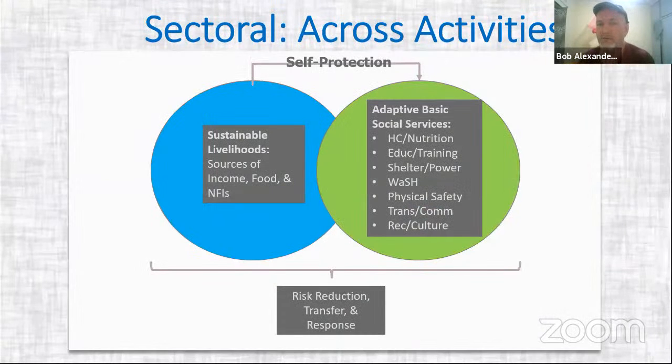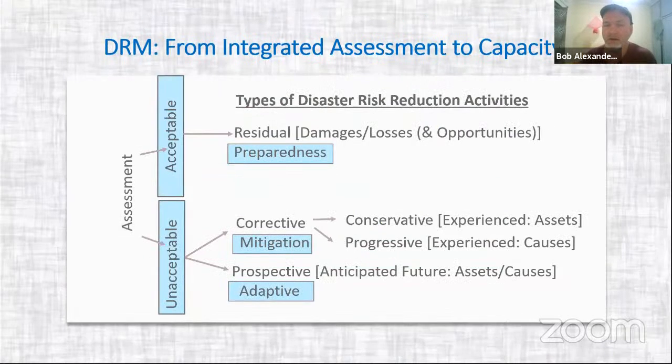Next, when I was talking about sectoral, we remember we have the livelihoods component. We also had the various different types of basic societal functions that fall under basic social services: healthcare, nutrition, education, training, shelter, power, etc. And then we also have, merging these two together, risk reduction, transfer, and response to ensure that we minimize disruption of these. To be clear, I understand many of you are in the first year of studying disaster risk management, so I didn't want to use terms that were a little bit confusing. But if we're looking at the different types of disaster risk reduction,